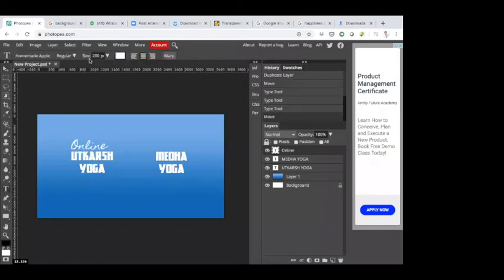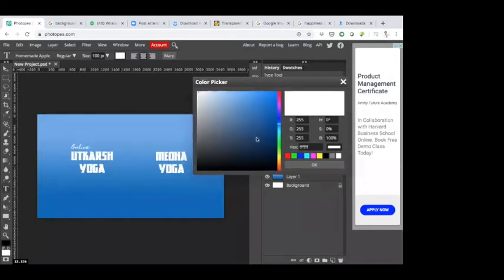Click on the type tool and reduce the dimension to, let's say, 100 pixels. All right. Now I'm just keeping it on the left. Again, I'm clicking the type tool. The reason I'm clicking the type tool every time is when you click on the move tool, the options are related to moving. Now, when you click on the type tool, you have the text related options available, such as the color, fonts, etc. Now I'm just selecting one of these colors.